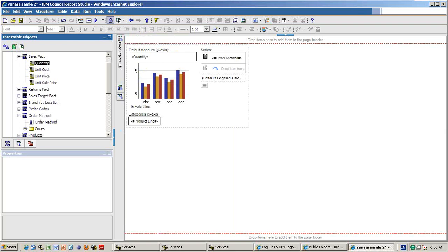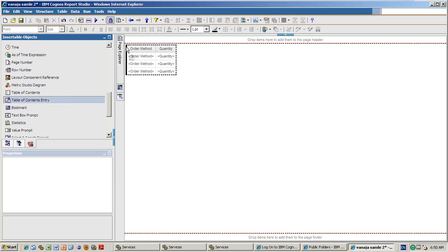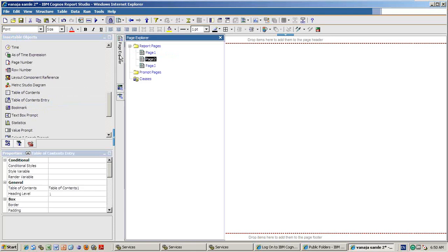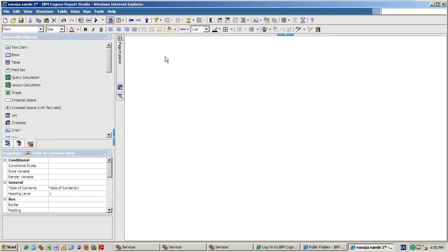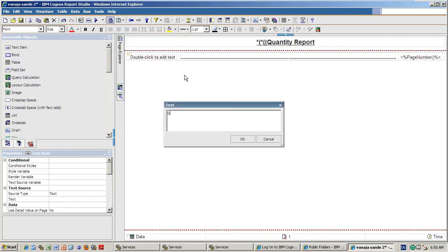Okay, now go to the second page and go to the toolbox, entry, you drag it. First page you drag the table of content, right? Second page you drag the entry. So that means whenever I drag an entry here in the second page, in the first page automatically the reference will be shown here. See, so here I will write go to list, because in the first page done.